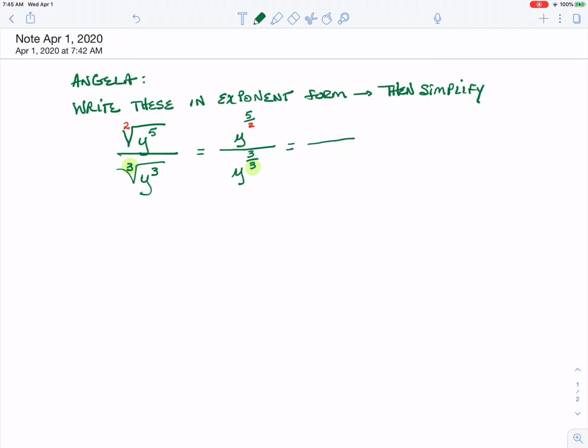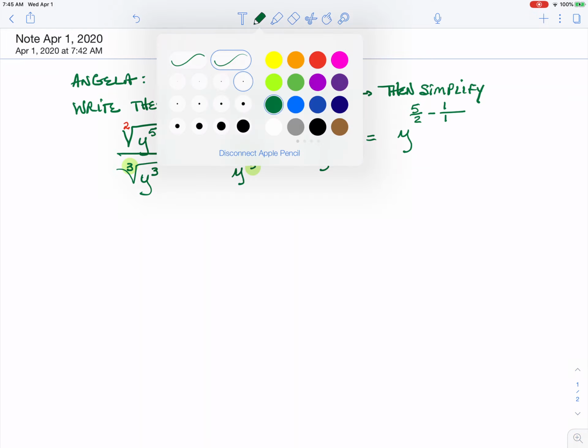So I can do a little bit of simplifying here. Well, I don't know that it's going to help. We'll see. I can take this y to the 3 over 3 and write it as y to the first. And then there is a rule that I can use when I'm dividing like bases. I start with the exponent in the numerator and subtract the exponent in the denominator, and I'm going to go ahead and write that 1 as 1 over 1. And I need my